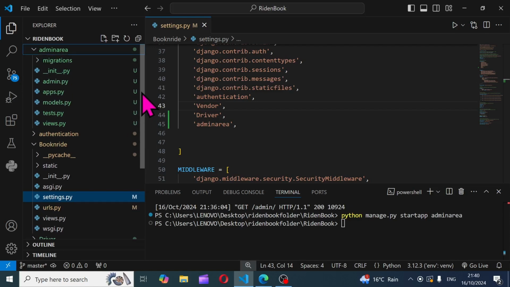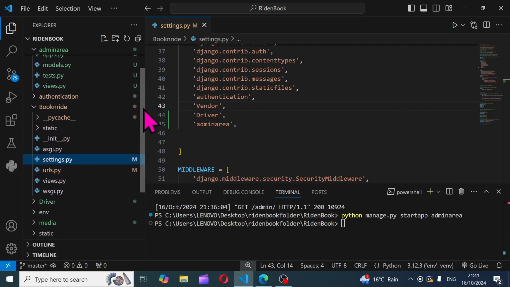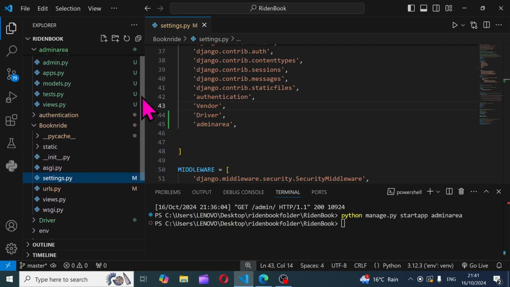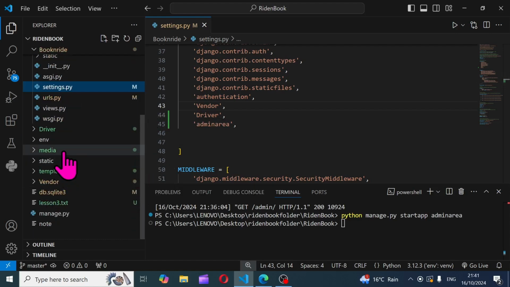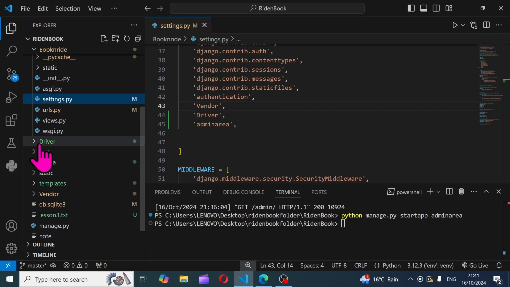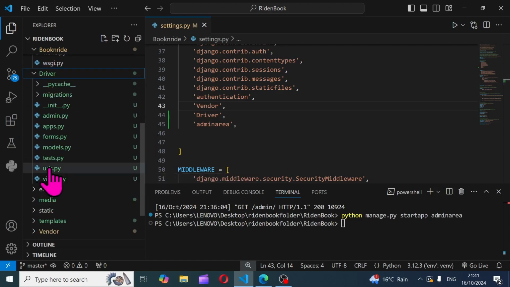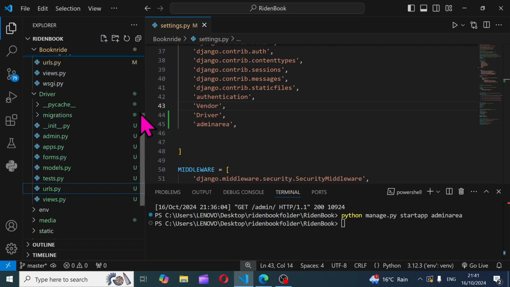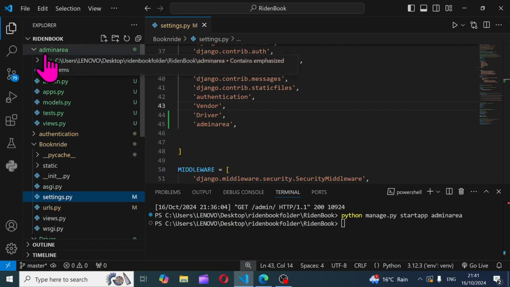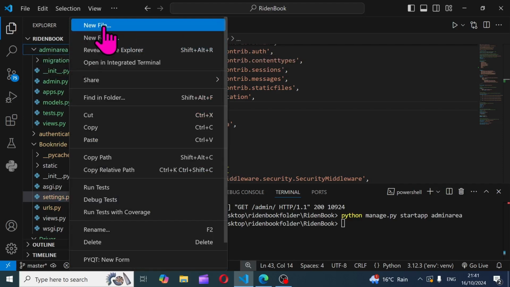Now what you have to do, to make it easier or faster, is simply copy a URL that you've already created before. We've already created a URL for authentication, for vendor, for driver and all the rest. So once you do a certain action, you don't need to repeat yourself again. You can just come to your driver, for example, and copy the urls.py. If you don't want to copy it, alternatively you can right click on your admin area, your app name, and then click on new file, and then you say